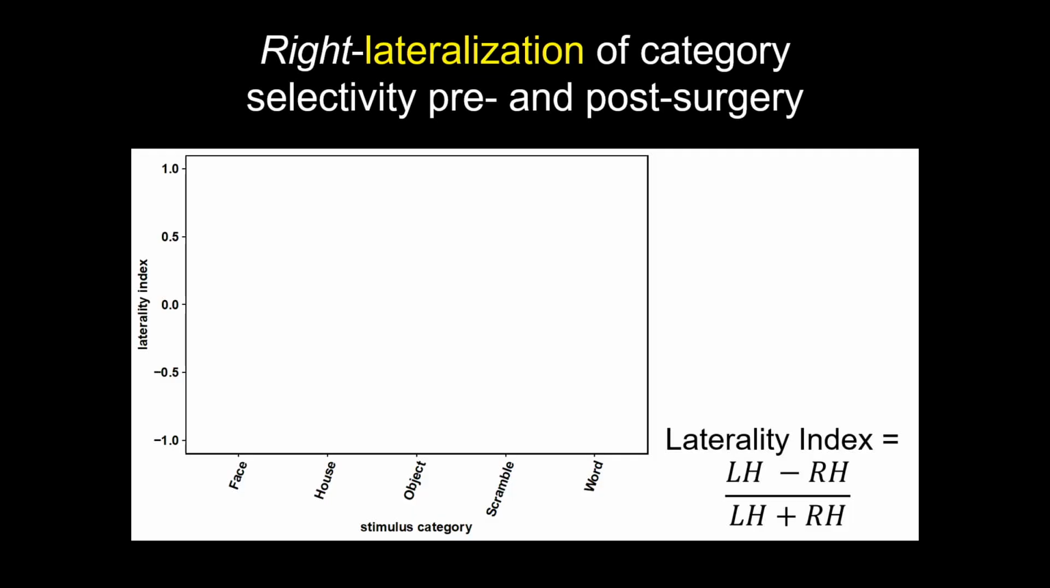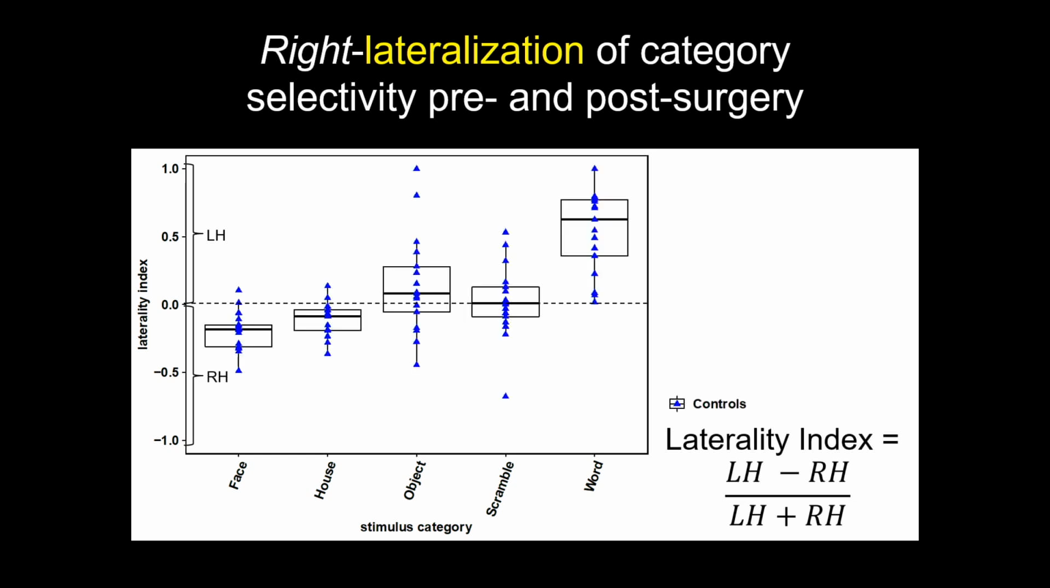Well, first I derived a laterality index where I basically compared category selectivity of the left hemisphere to that of the right hemisphere. For those who are like me who can't do math quickly in their head, basically what this formula means is that if you have a more positive value, that means you have more left lateralization of a category, and a negative value, more right lateralization. This is the control data plotted here and throughout the talk in blue for each of the different stimulus categories. Just as a proof of concept, you can see that the controls showed more right lateralization for faces and left lateralization for words. But how about the